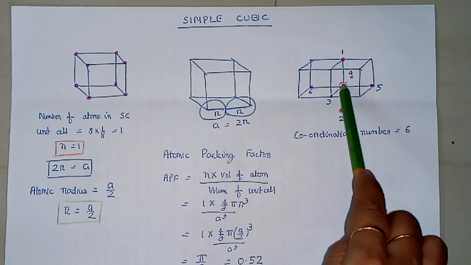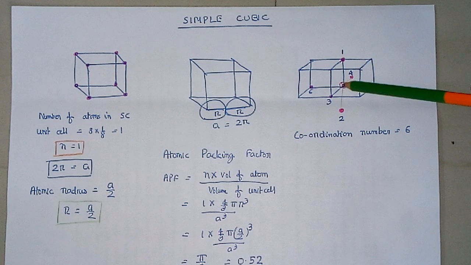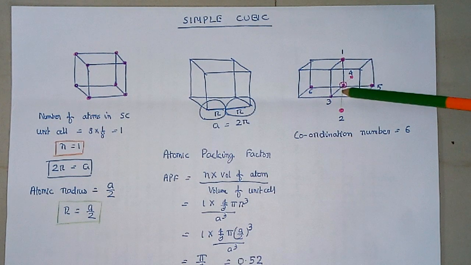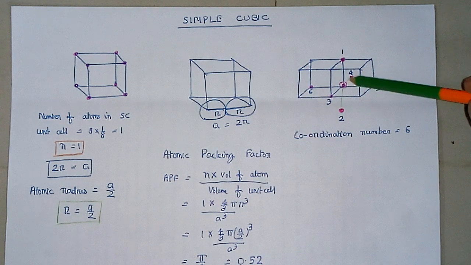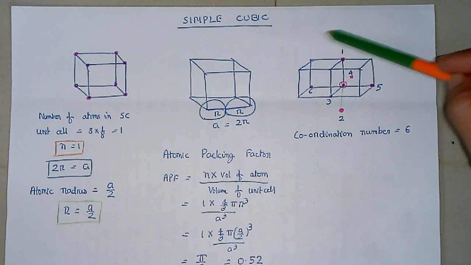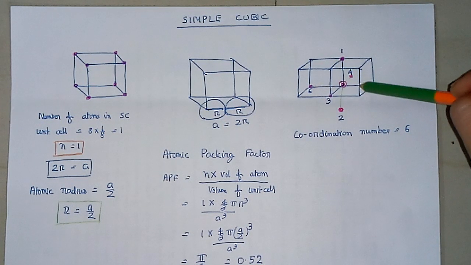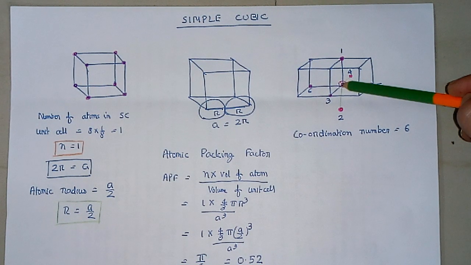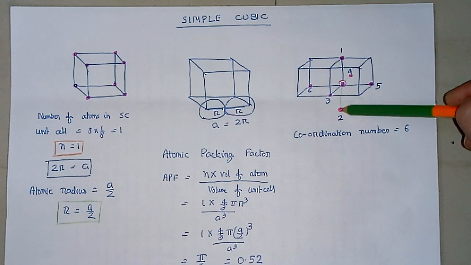So where are the nearest neighbors of this atom lying? Let us see. For this atom, this is one of the nearest neighbors, and there is another unit cell below this. Since it is a crystal structure, we are considering these two unit cells, and there are different unit cells also above and below these two unit cells. So suppose we consider this atom. For this atom, this is one neighbor, and another neighbor will lie just below it.